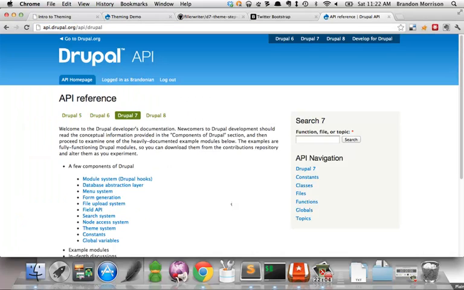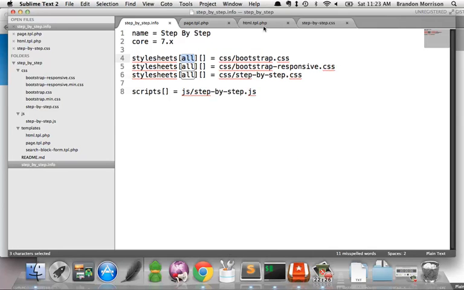Usually, what I'll do, api.drupal.org will provide a listing of various function calls and files that happen throughout Drupal, and it's our documentation for the entire thing, so theming, module writing, that sort of thing. And in this particular instance,